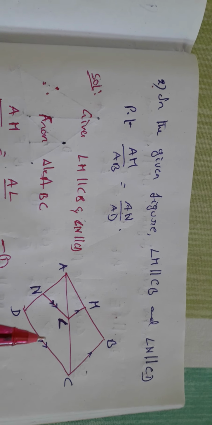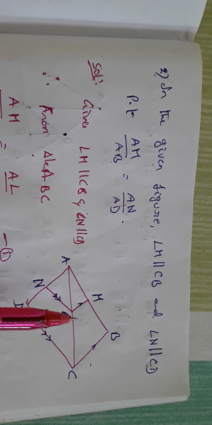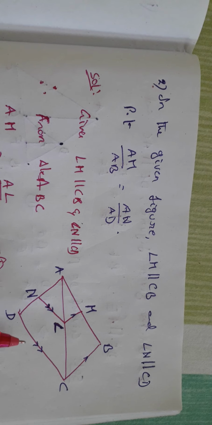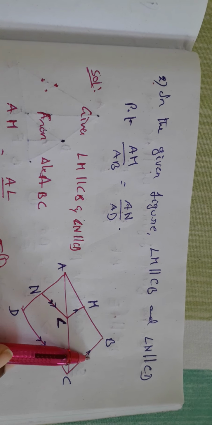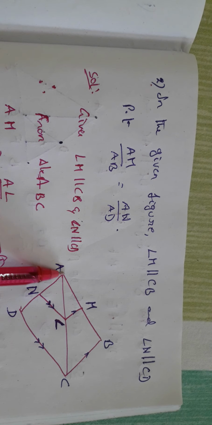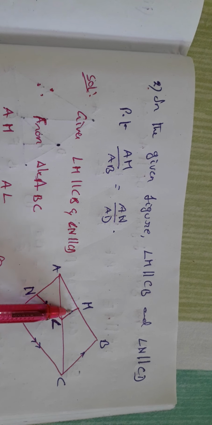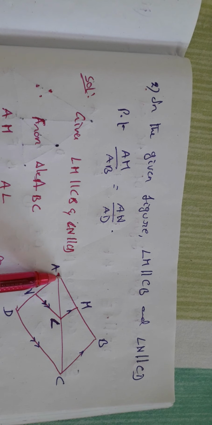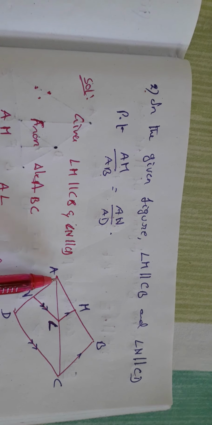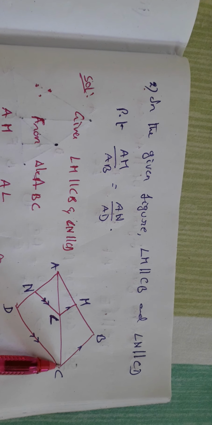Clear? Right. So now what we have to prove? Since these two are parallel, observe the way you have to think. I am giving you the idea how to think first of all. Since this is given parallel to this, directly you are going to consider this triangle, triangle ABC. Since these two are parallel, you know from the basic proportionality theorem, AM by MB is equal to AL by LC. Clear, children? No doubt till here.